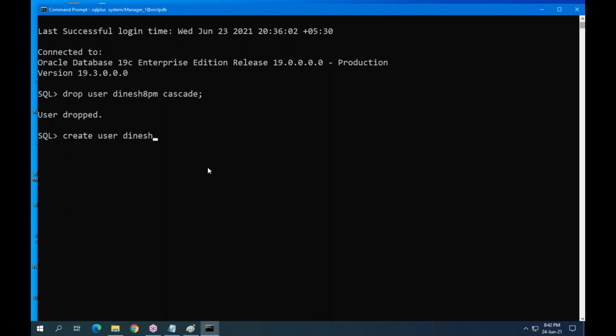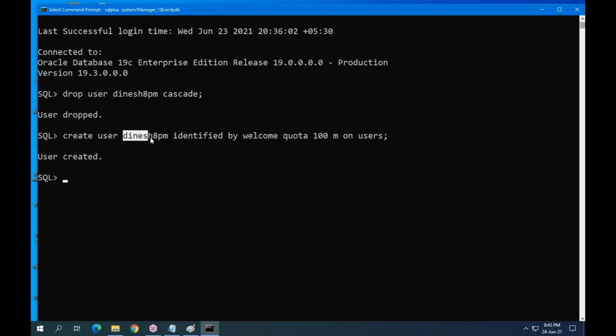Create user, username is Dinesh 8 PM, identified by welcome, quota 100M on users. Create user username identified by password. This is the username, this is the password.